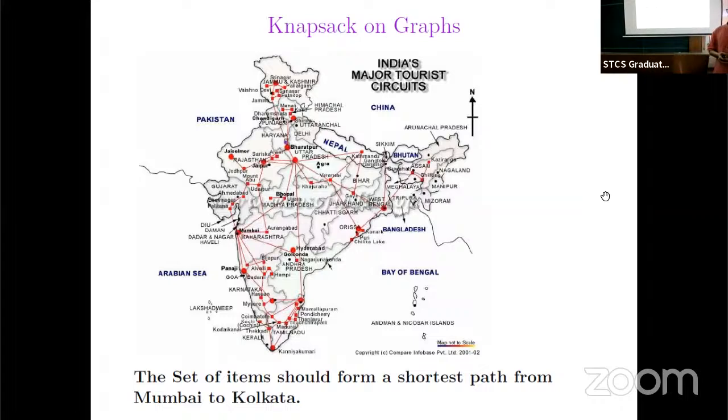The costs are on edges, right? And there the value was on vertices. So when I say shortest paths, these edges are weights and costs with respect to the shortest path, and my knapsack solution is with respect to these vertices. Each vertex has a value and price. It's like the hotel price at that place,